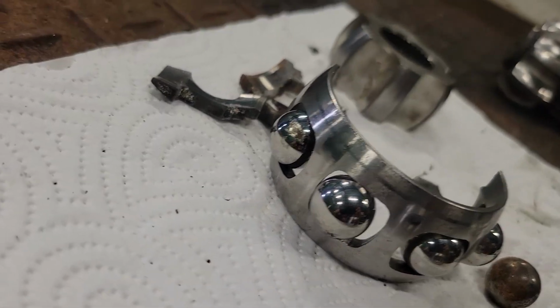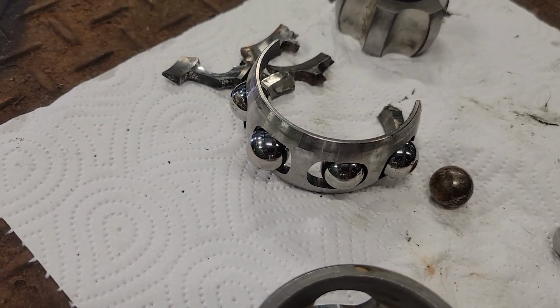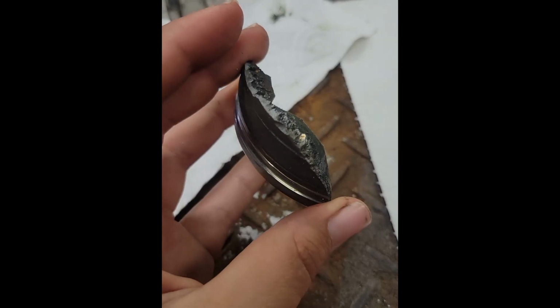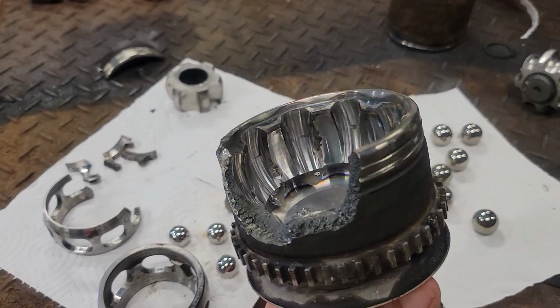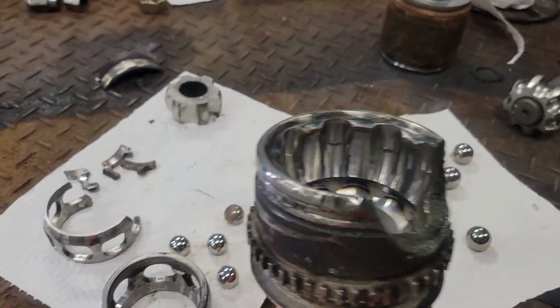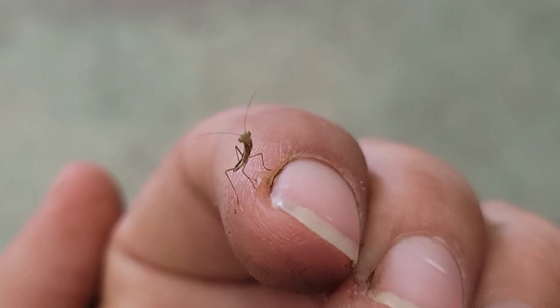And why is that cage so thin? Look at it. But yeah, the stock CVs are at 300,000 kilometers. I believe that they've never been changed before, so. And the adorable little baby mantis that came out of nowhere. So that was the passenger side CV. I didn't know that my driver's side CV is...